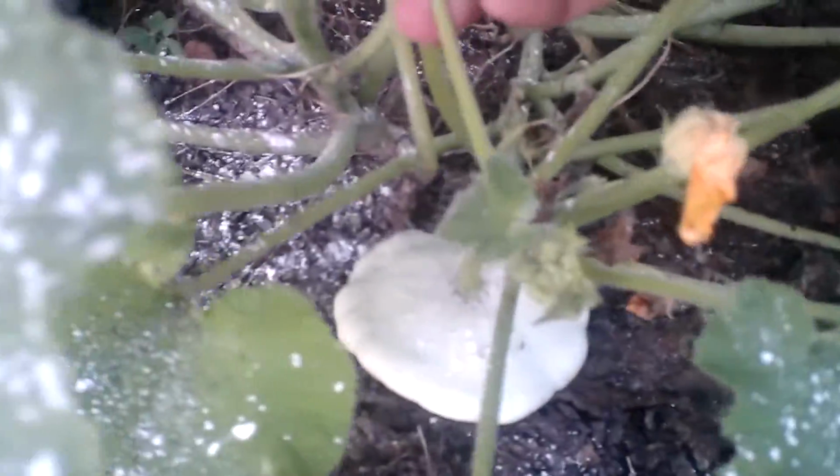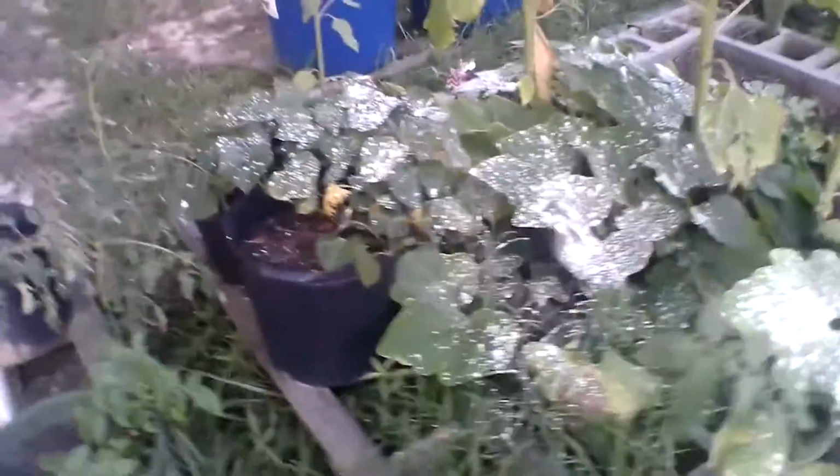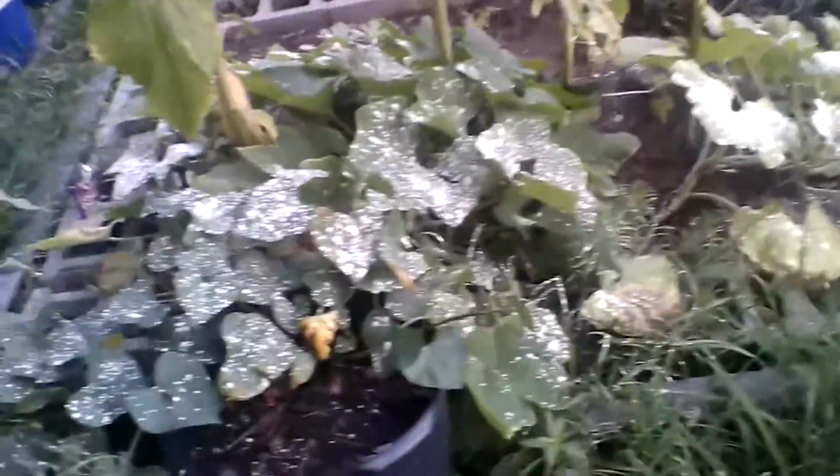But we have some of these white scallop squashes here. Let's see if I can get you in here to see this. All right, so these are white scallop squashes, and that one's ready to harvest. So I need to pick that one, and there's another one inside of that big giant thing ready to harvest as well. And then on the back side, I've got a green table squash that's growing,